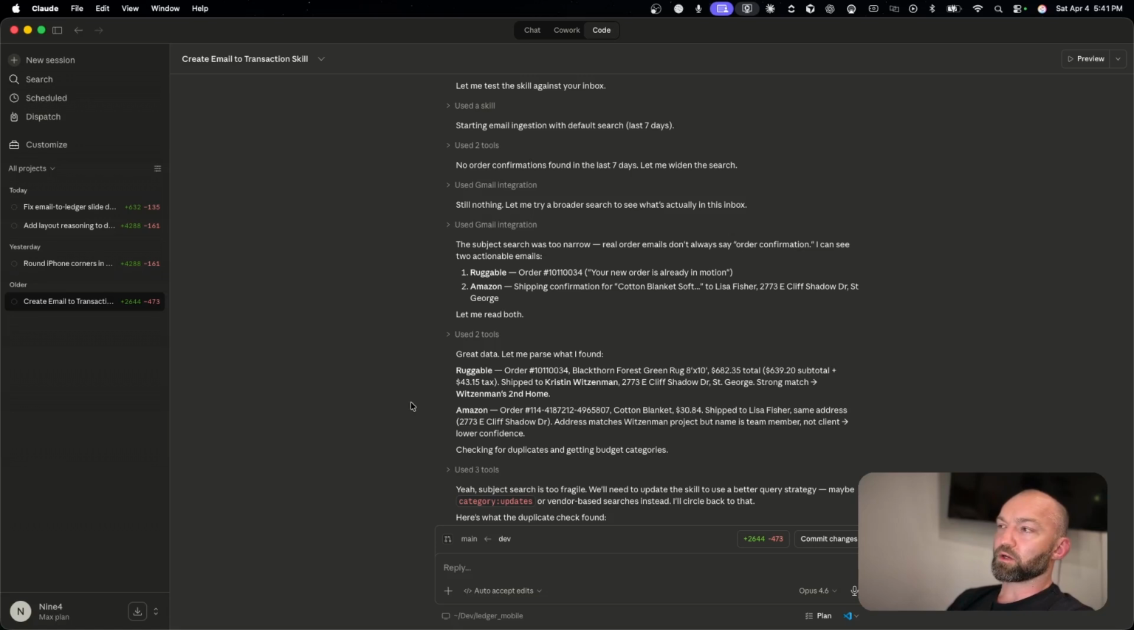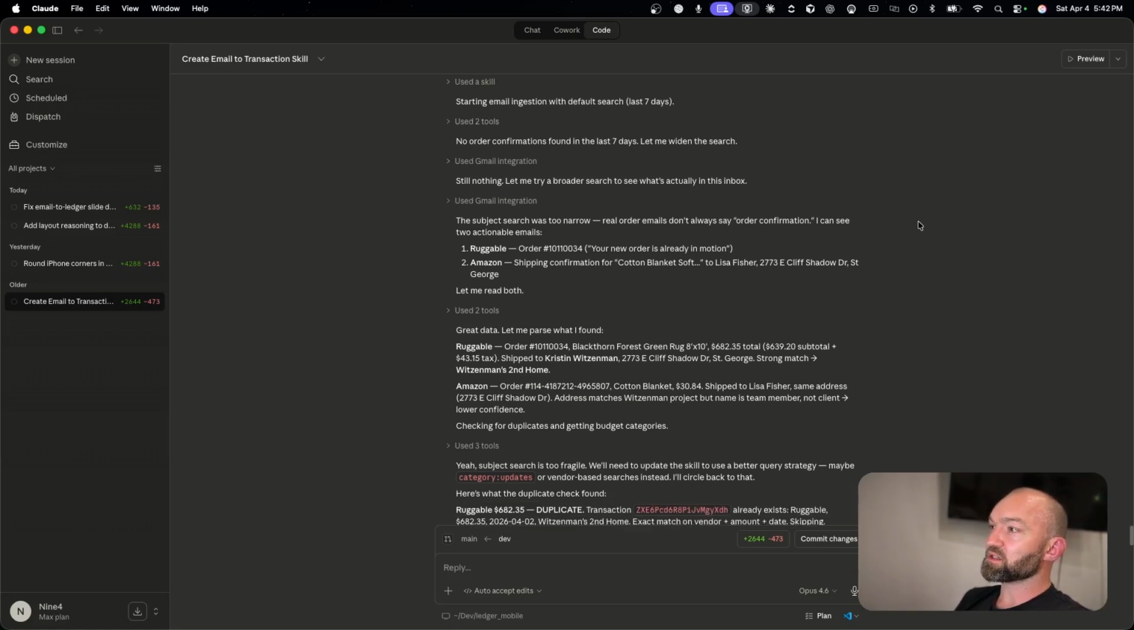Because the thing is, when you're building with AI, it almost never works exactly the way you want it the first time. So you brainstorm, you make a good plan, you execute the plan, and then you test it. And then you assume you're going to have to go through a couple of cycles of fixes and retests. So the first time that we tested this thing, it didn't find any orders because it was using